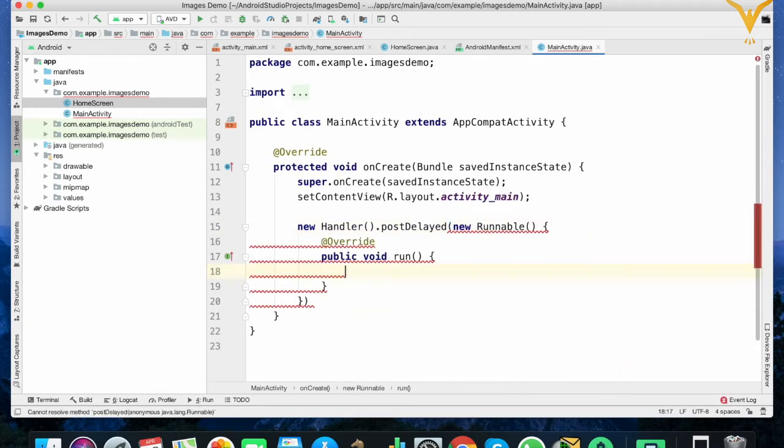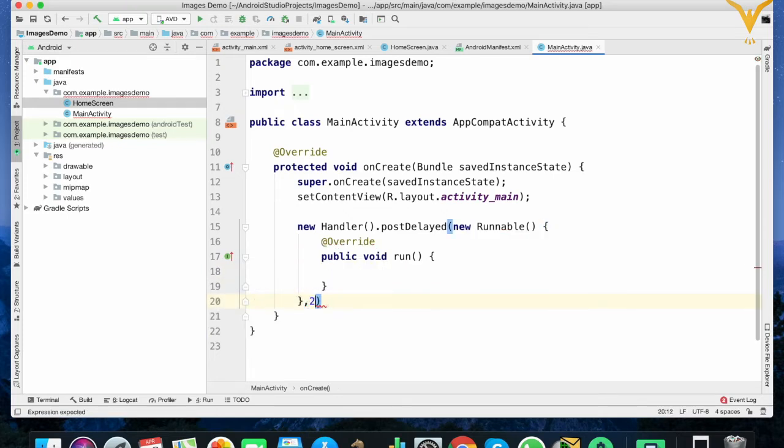So it will create one overridden method, and now pass the time in milliseconds. So we want 2 seconds, so we'll add 2000 milliseconds. So this screen will be displayed for 2 seconds only. After that, home screen will get displayed.